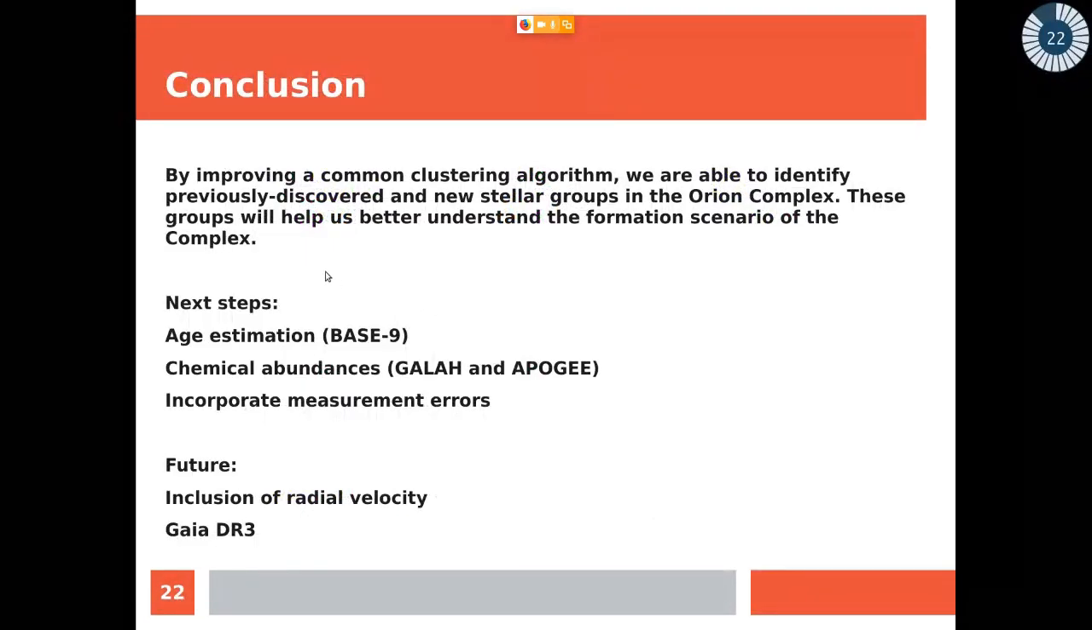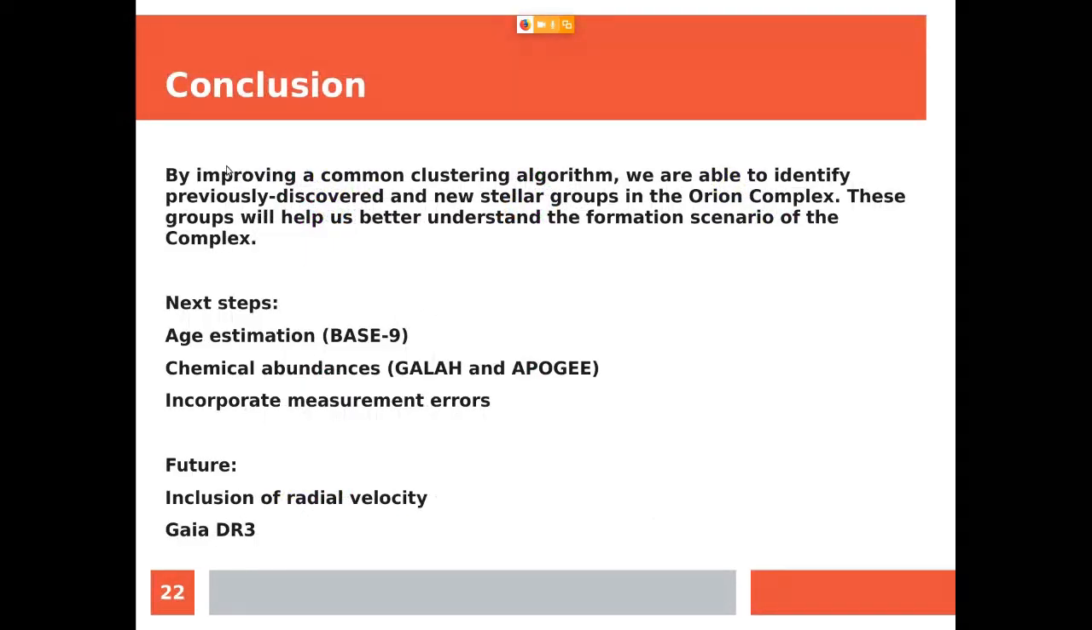So here we're just going to have a brief conclusion. By improving a common clustering algorithm, we're actually able to identify previously discovered and new stellar groups in the Orion complex. Of course, these groups will help us better understand the formation scenario of the Orion complex, and we're still working on it. Some of the next steps we're going to perform are first, age estimation using the BASE-9